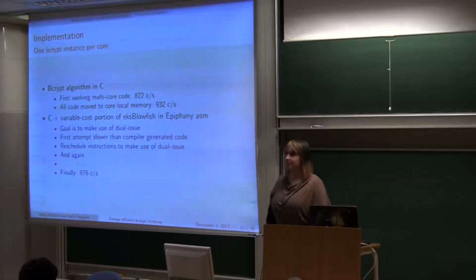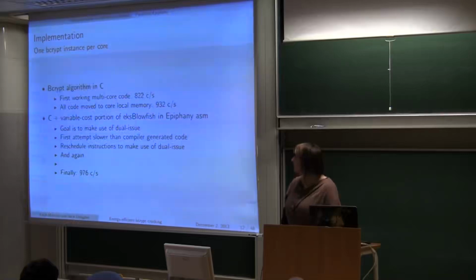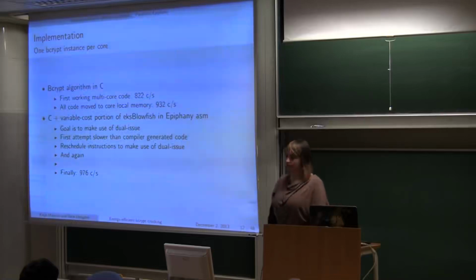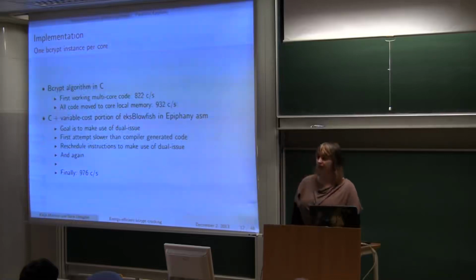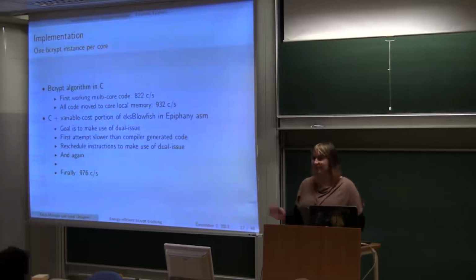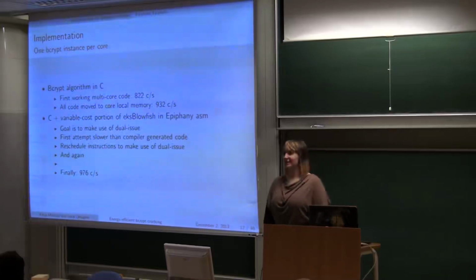The first algorithm was written only in C, and the first working multi-core code had a performance of 822 cracks per second. And I still remember that moment when the thing actually worked. I was so happy to see it working that I didn't care about performance. It works. And then after all that enthusiasm, someone showed me other bcrypt performances, and I was, oh, well,